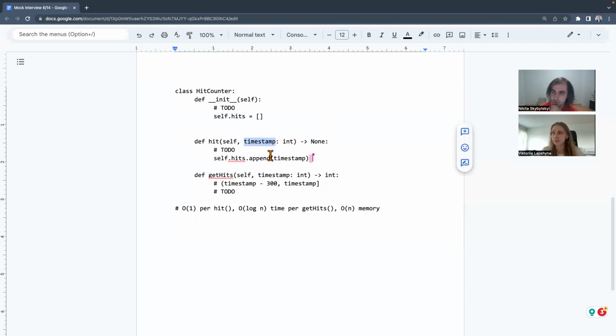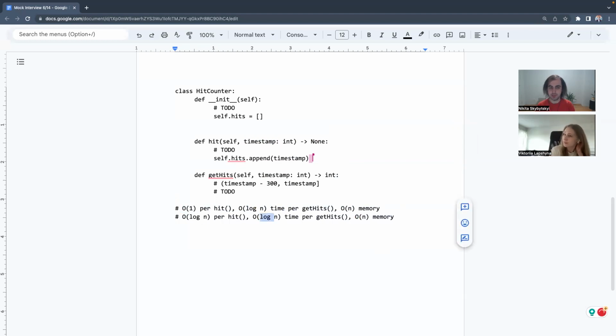Finding what to erase is also binary search, exactly what you're saying. It changes these numbers, I believe. Well, it depends, but it is possible to get log n per hit and then a constant per get hits.